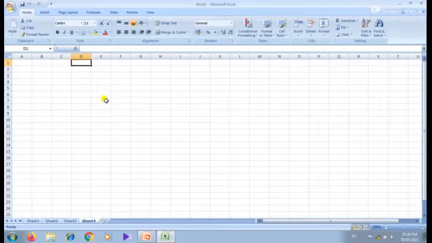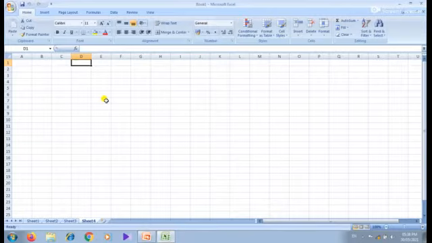How many rows did we use in Excel 2003? 65,536 rows and 256 columns.